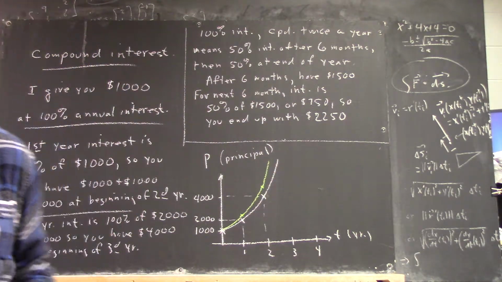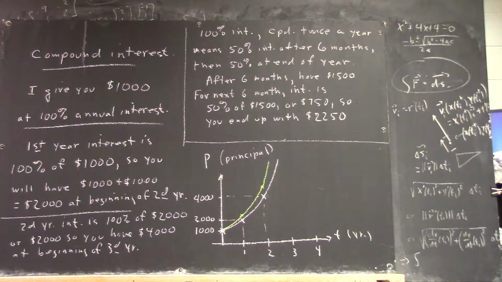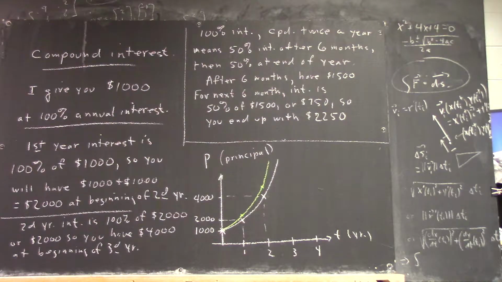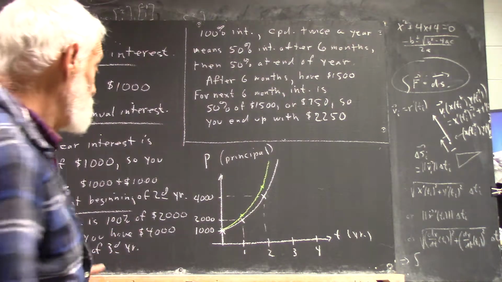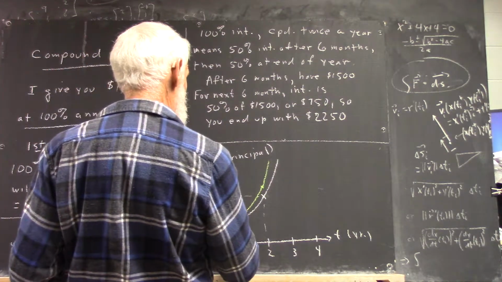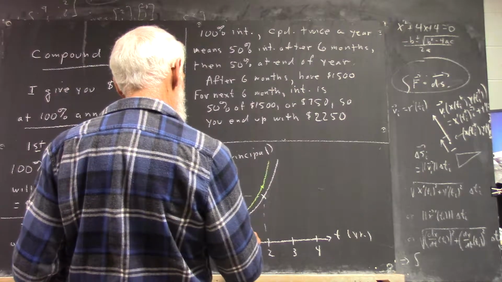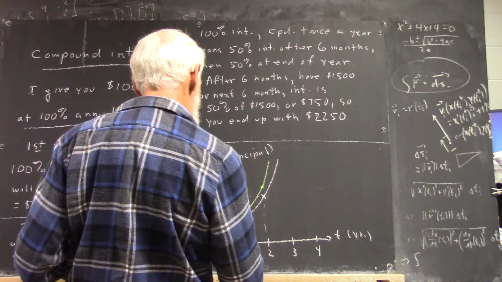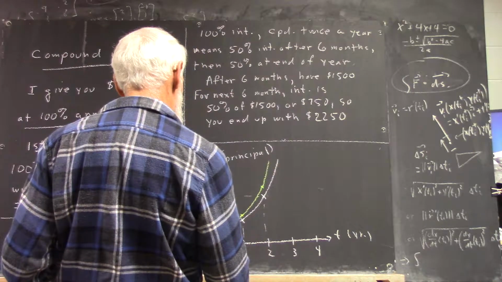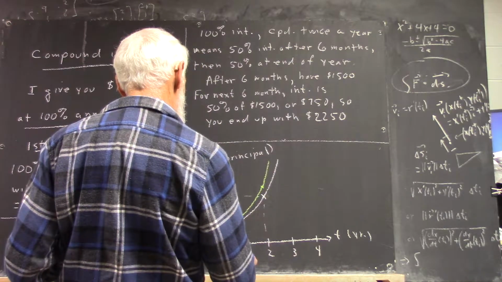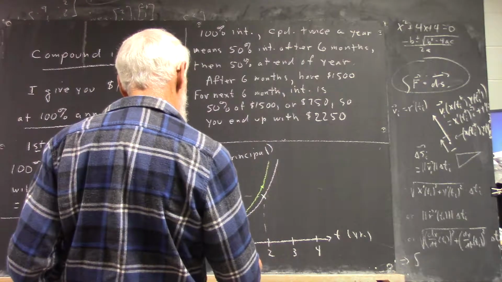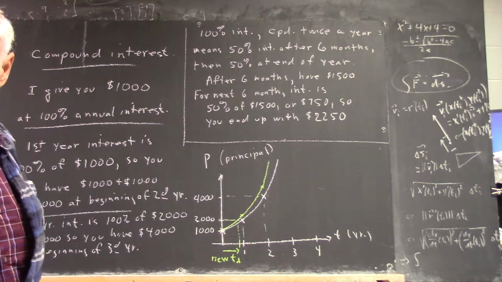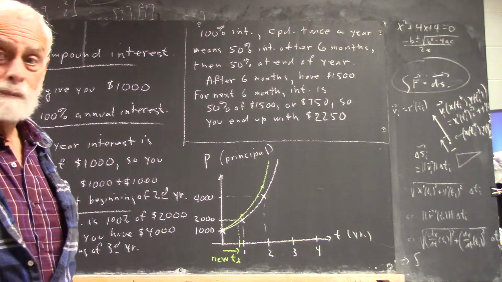What's the doubling time of that curve? Is it more or less? Less. Okay, so you got a lesser doubling time. You can see the doubling time here. If we come out to this point and down here, so you actually get more money. A new T sub D, a new doubling time, right? That make sense?